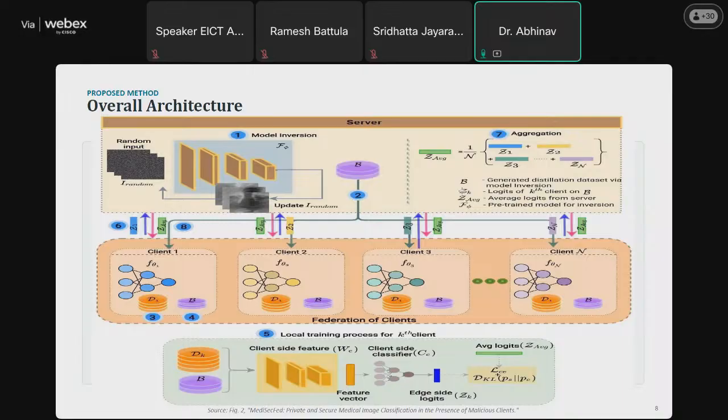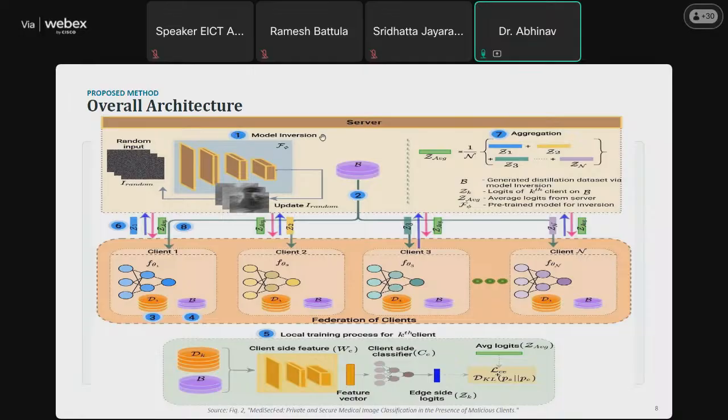So now this is the heart of our paper, MediSec-Fed. This is the overall diagram. Everything we discussed so far, the limitations of predictive learning, knowledge distillation, and model inversion, comes together in this architecture. Although this figure looks very detailed, if we follow the numbered steps from 1 to 8 one by one, it becomes very easy to understand.